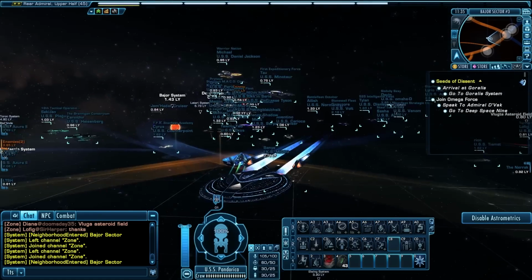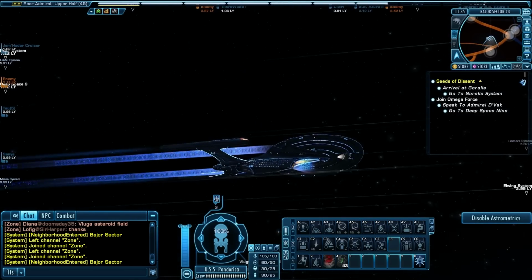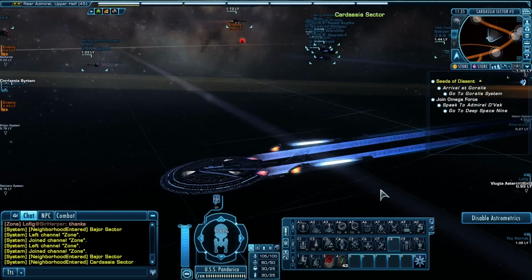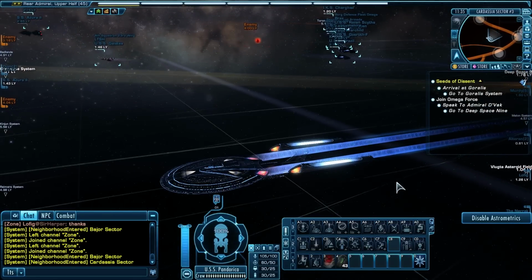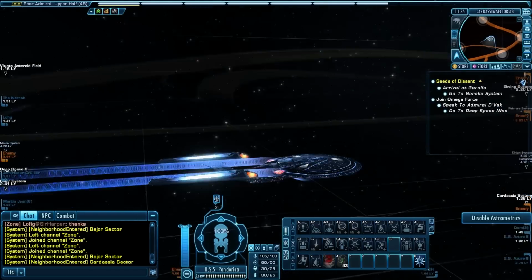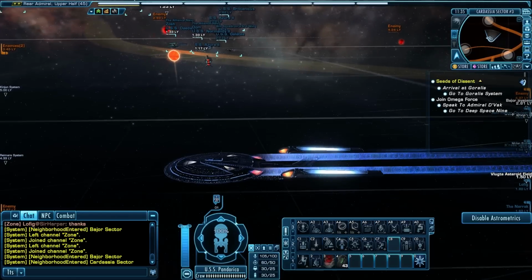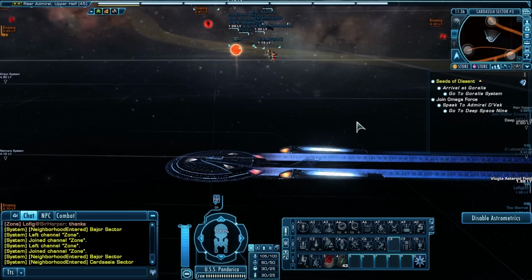Again, I think the Aegis set is so beautiful. I think it's one of the best looking sets in the game, to be honest with you. Unfortunately, it's a bit underpowered compared to some of the other sets that they have now, especially the Borg set. The Borg set, except for the shield, is kind of like